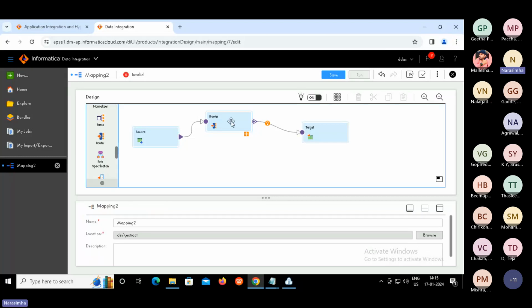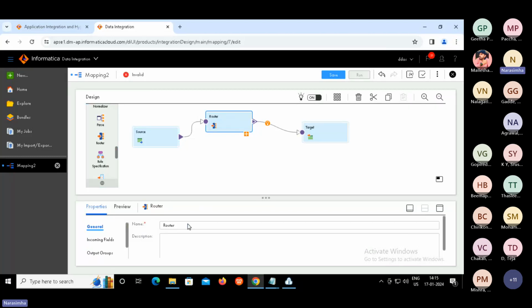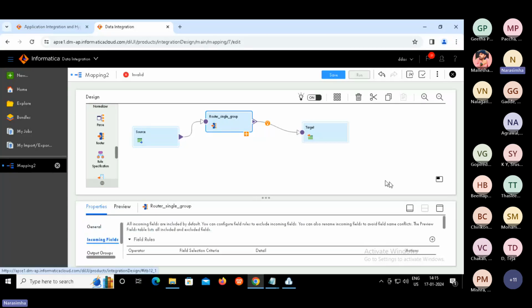Now, let's click on router. So router, let us say, we'll just start with a single group. By default, guys, whenever we add one custom group, it is going to add a default group. Same thing even in programming, like C, C++, Java, whatever. Yes or no? The same concept holds good even here.